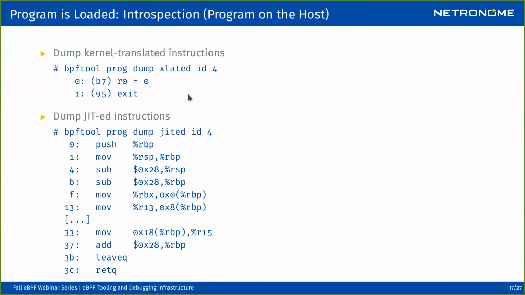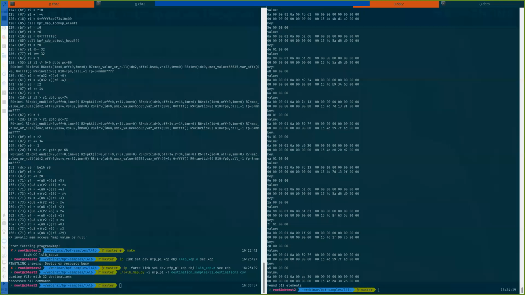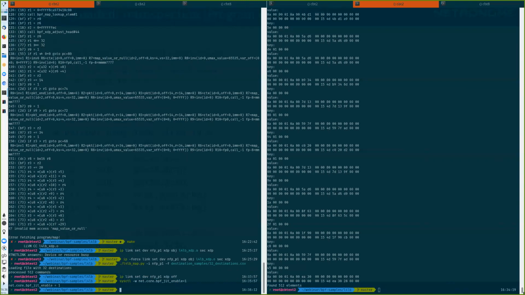So that would be, for example, a very simple program, just doing R0 equals 0 and then exiting. That's exactly what we saw. That will be the same program, but compiled into x86 instructions, which I can probably do because it's not long to set. So if I'm first removing my program with xdp off, I just detached and removed the program from my interface. Now I want to set JIT compiling on my system with that command, and that's done. And if I add my program again,